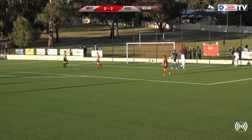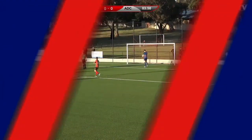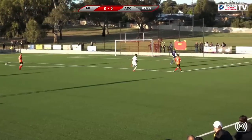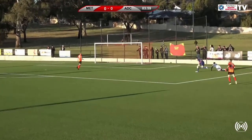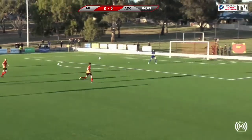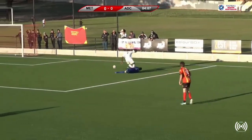And, well, O'Donnell may be a bit short with that header. Let's have a look and see. I think it was the keeper's fault. This will tell us. O'Donnell, back header, angle against him. Well, yeah, the keeper just slipped and let it go. Yeah, penalty, absolutely. Not O'Donnell's fault. No, it wasn't O'Donnell's fault. Straight to the keeper. Gee, Carmody, after pulling off a magnificent save, he's turned it over very cheaply